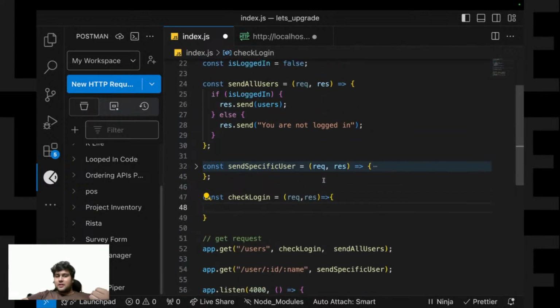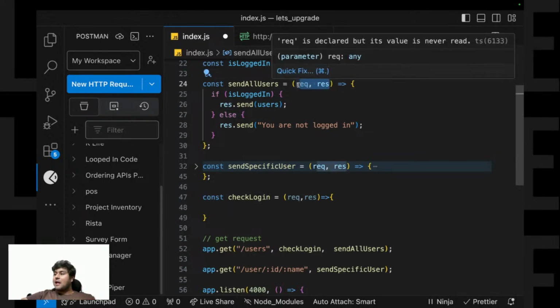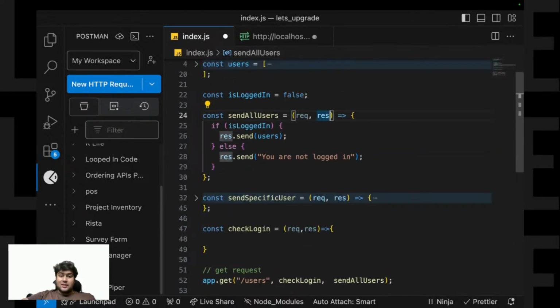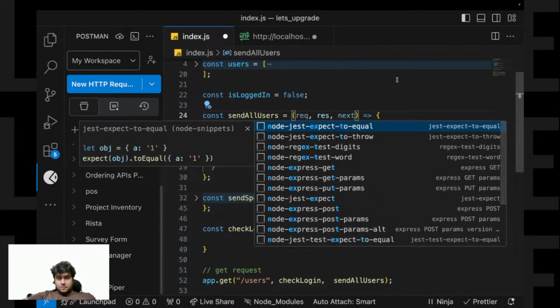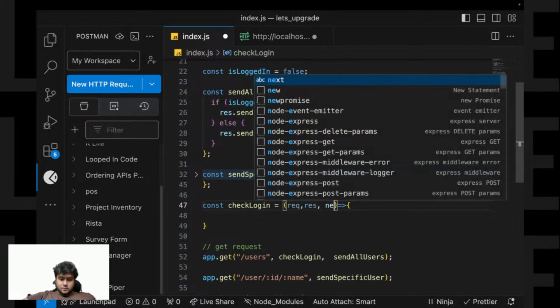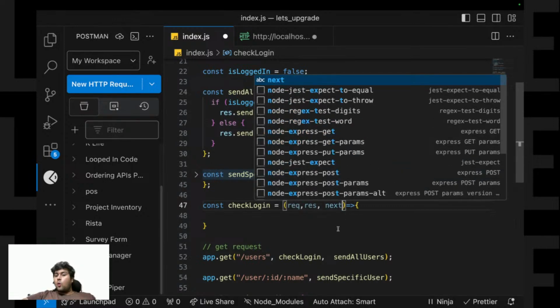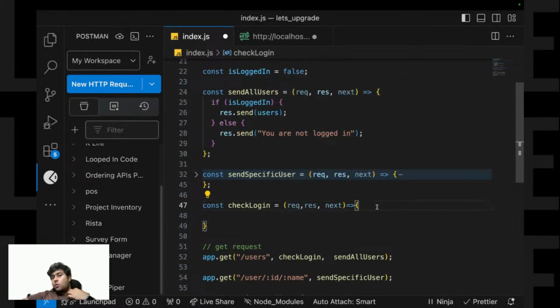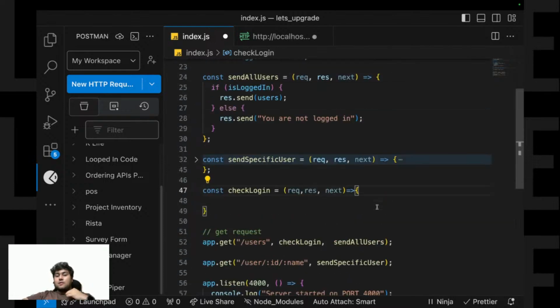Now I was lying about one thing. It does not have two parameters, it has three parameters. The third parameter is an optional parameter, which is the next parameter. So I'll show you this next parameter. It will be used over here. So what is this next parameter? With this next parameter, I can say, well, I'll show you.